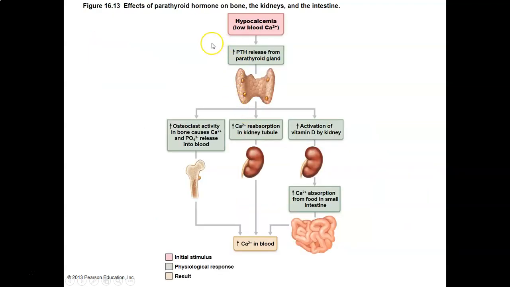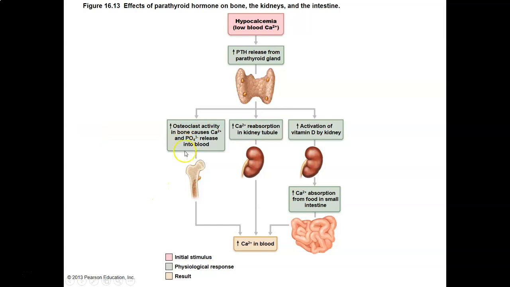And if blood calcium goes down, that's called hypocalcemia. This is something important to emphasize. When you see that EMIA suffix, that means in the blood. So hypocalcemia means low calcium in the blood. That causes the parathyroid gland cells to release parathyroid hormone, which promotes an increase or a restoration of calcium levels